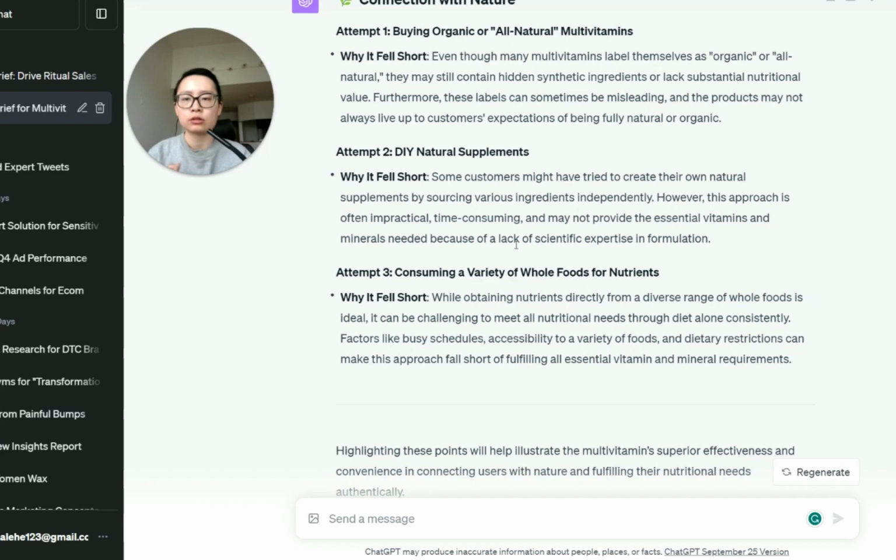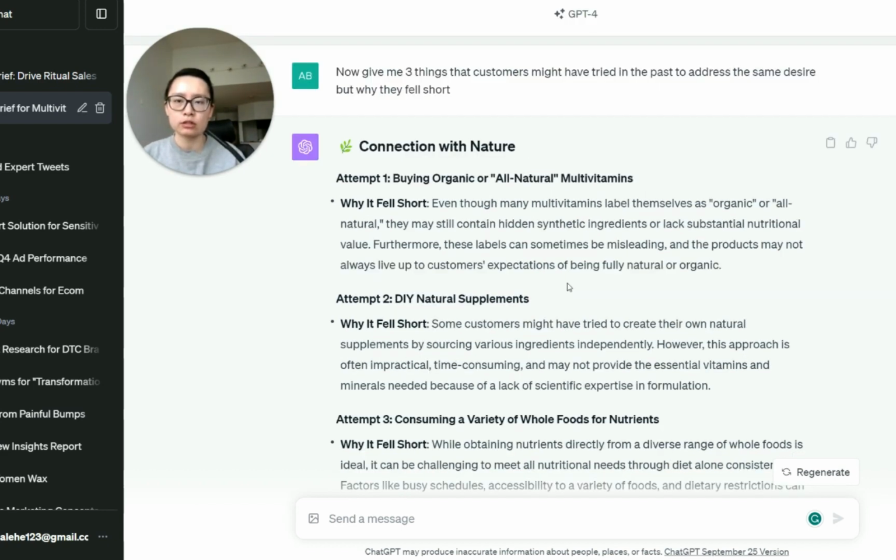And number three, dietary restrictions that you might have. As we're going through the answers that ChatGPT gives us, we can already start to categorize different angles, different pain points, and different things that we can target just for this category, which is connection with nature as one of the human desires. So this is really a great brainstorming activity that you need to do when you are writing the briefs, writing scripts for your UGC or ads before.